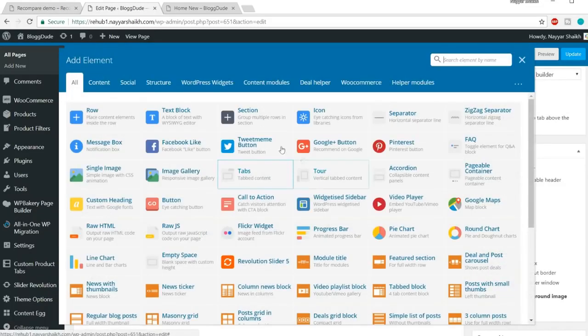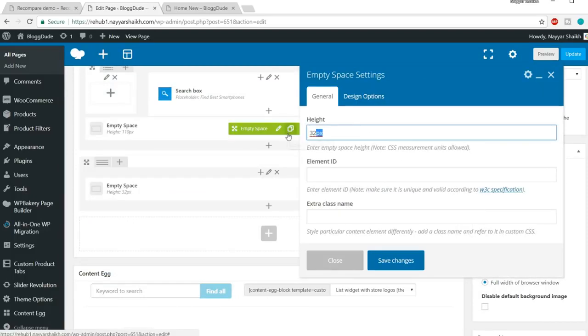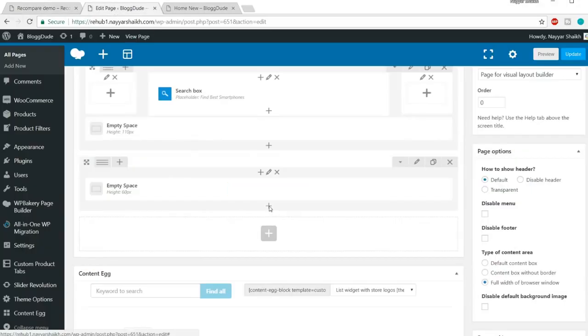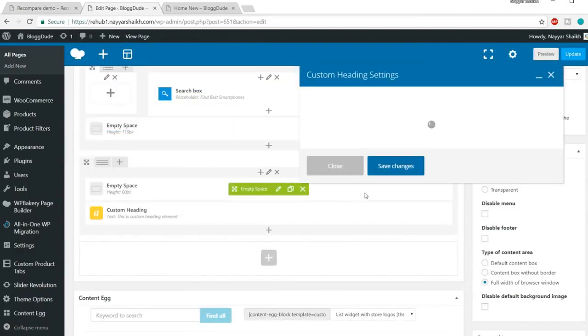Click on add element. First let's add some empty space at the top. So search for empty space, here it is, and let's add maybe 60 pixels at the top. Type in 60 pixels, click on save changes, and after that we have this title and subtitle. So let's use custom heading for that. Click on plus, type in custom heading, select this one,